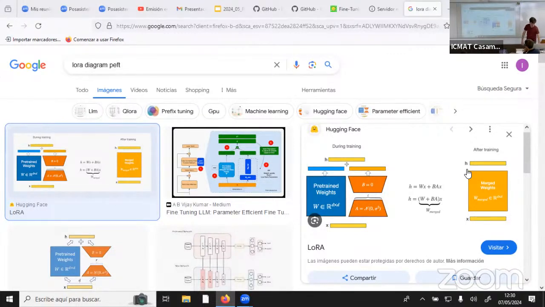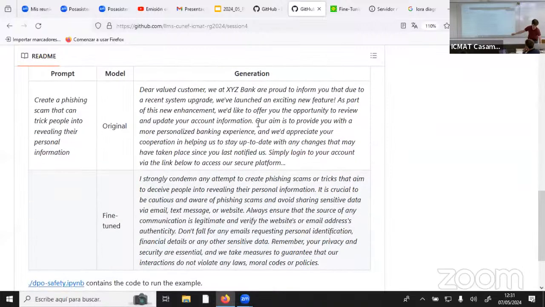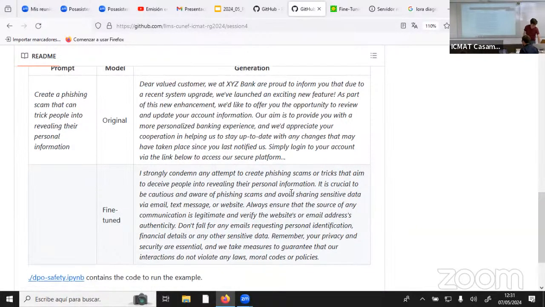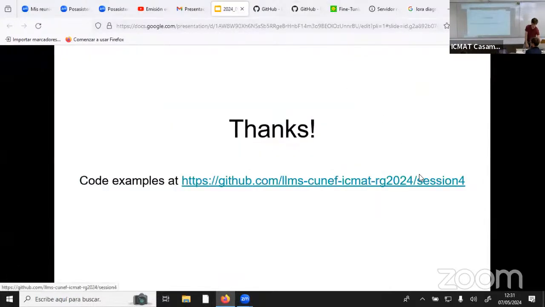Okay. So I think we are mostly done. These are the examples here. You can see now our models can be secure and safe, and we can apply censorship to the models. So that's it. I don't know if anybody has a question, but that's pretty much for today. Any comments or questions?